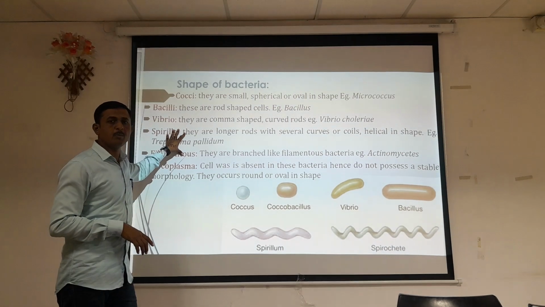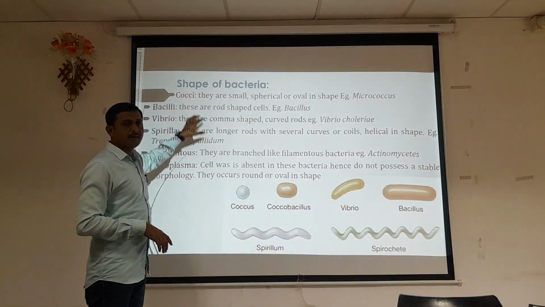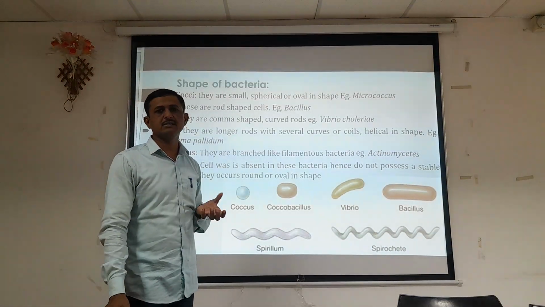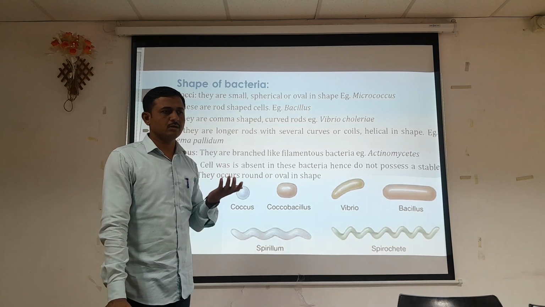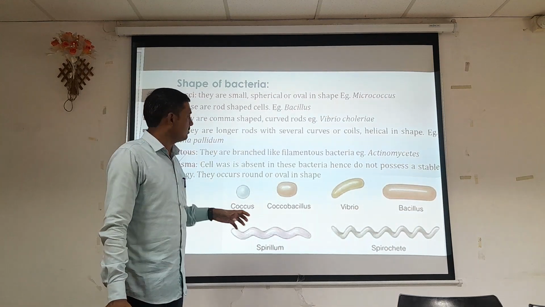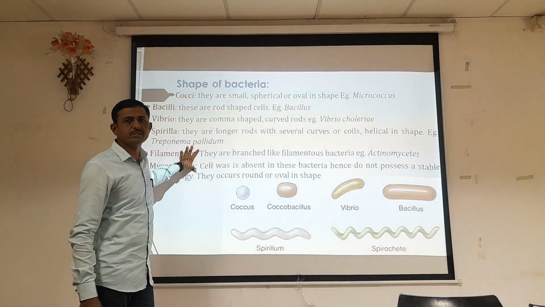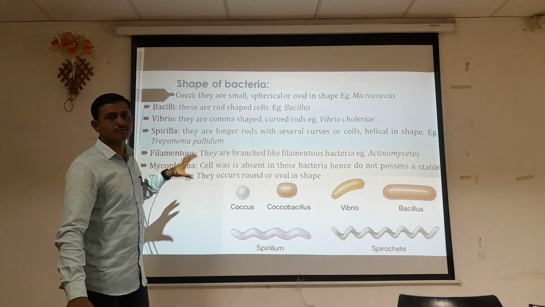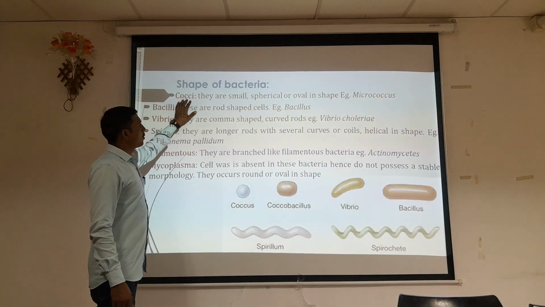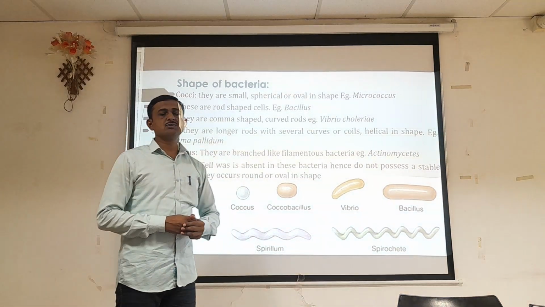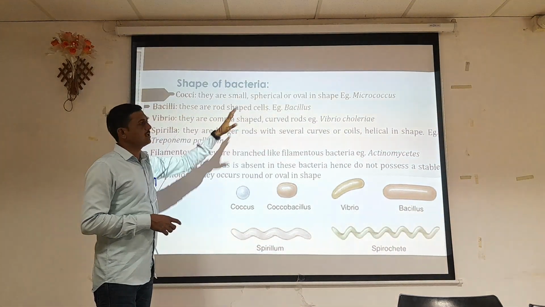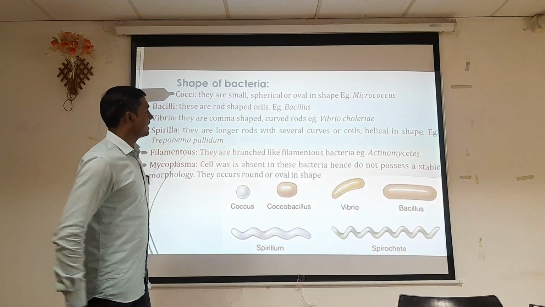On the basis of the shape of bacteria, or how they appear under the microscope, we can differentiate whether they are cocci, rod, cocobacilli or vibrio type of shape. So on the basis of the shape of the bacterial cells, we distribute that group of organisms. Cocci are nothing but spherical cells that we observe under the microscope. An example is Micrococcus, or the Micrococcus group of organisms.